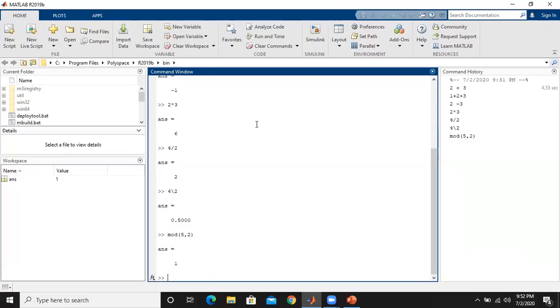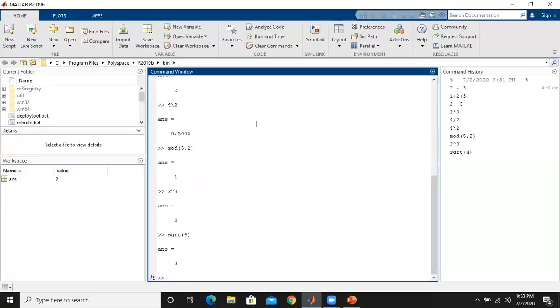We can also find out the powers. So let us go for 2 power 3. So 2, then we have to type the cap symbol, then 3, that is 2 power 3. So we get the value as 8. Now if we would like to find out the square root, the square root is a built-in function here. So sqrt we have to type. For example, if you want to find the square root of 4, you write sqrt of 4, so that we can get the answer as 2.